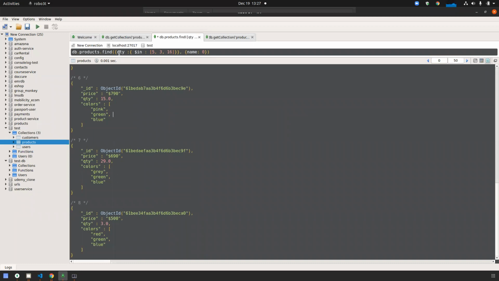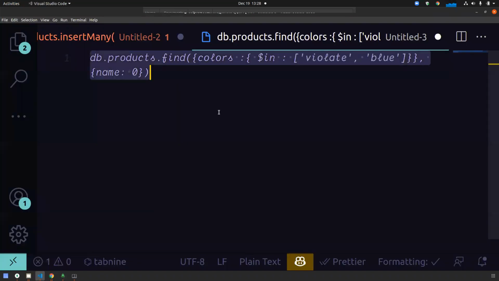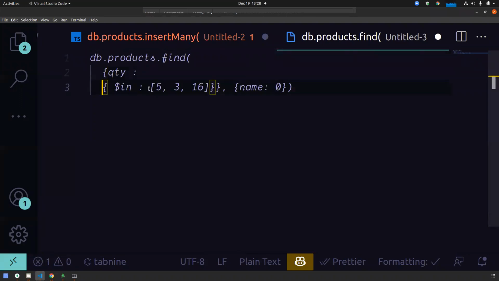That means if quantity is present in these 3 values, like quantity 3 is there, 5 is there, but 16 is not there, it still runs because 3 and 5 are there. This is the quantity in array.